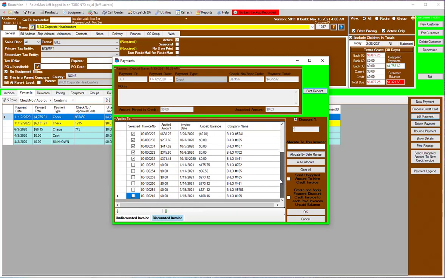Okay, and what that is, just so you understand, has to do with rounding and taxes, and you may see as much as 5, 6, 7 cents. If you would like to clean up these little pennies here and there, if you uncheck and check again, it will tally them up together as far as unpaid balance. So